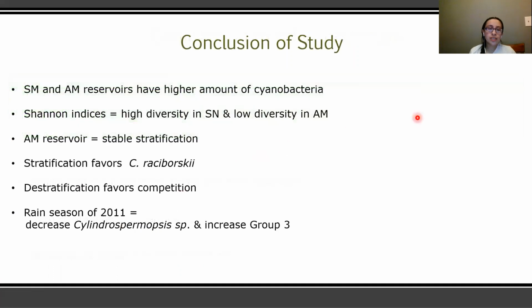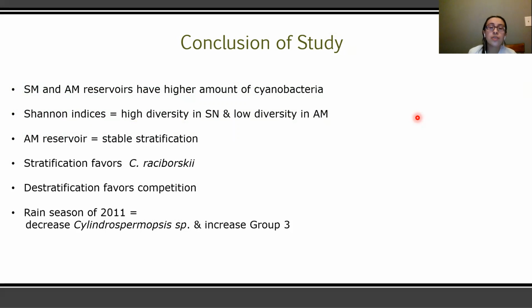So the conclusions of the study were that the SM and the AM reservoirs did have a higher amount of cyanobacteria when compared to other reservoirs. And this is why the water companies were expressing concern for the high levels of cyanotoxins. The Shannon indices showed that there was more diversity in the SN reservoir than in the AM reservoir. And this could be due to the fact that the AM